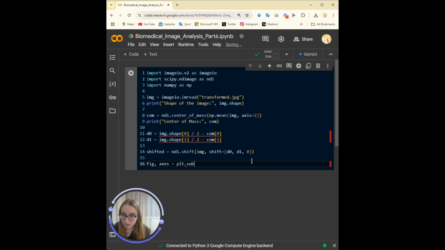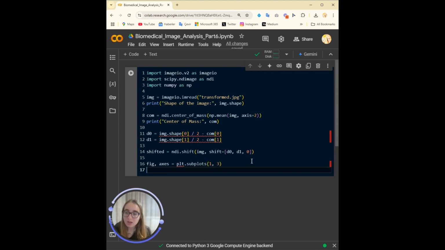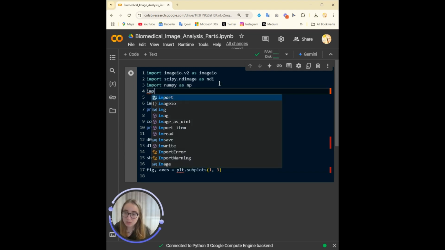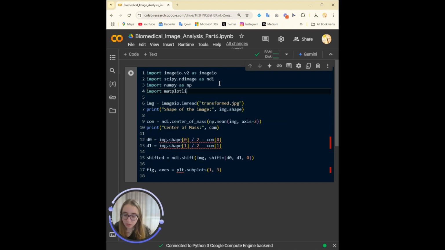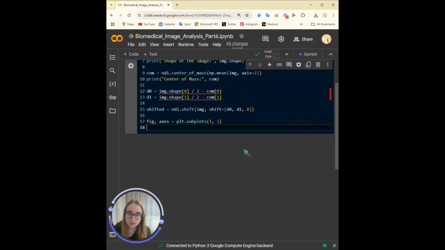Actually, I can show three of them, because when we shift it, it won't be normal since it's also rotated. That's the problem. So I'll show you both to see the shift.